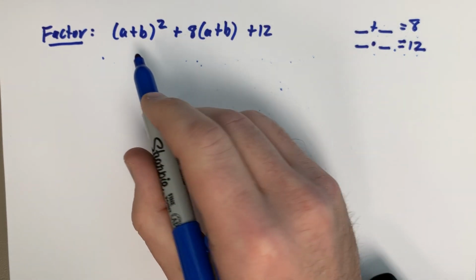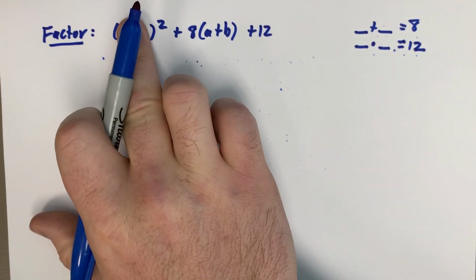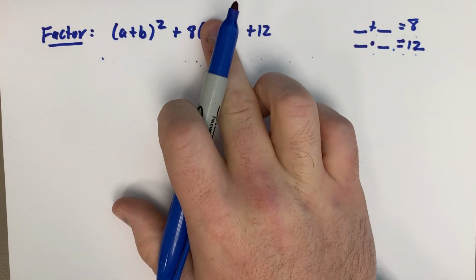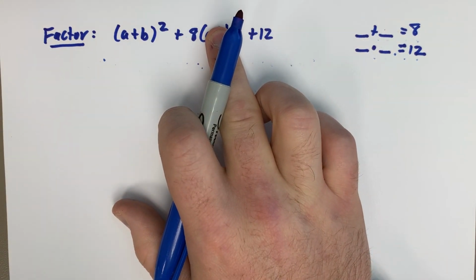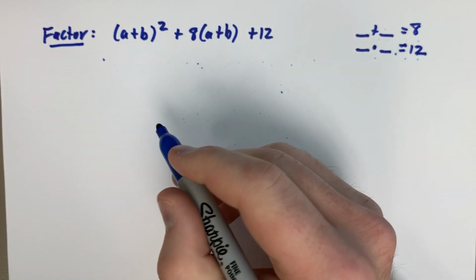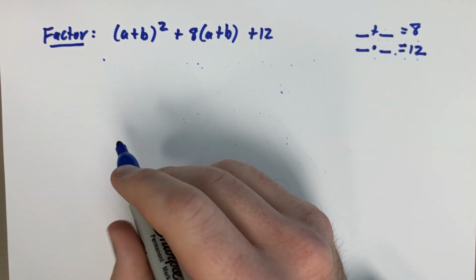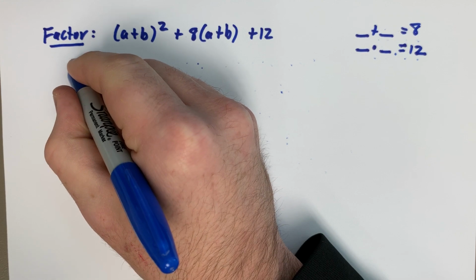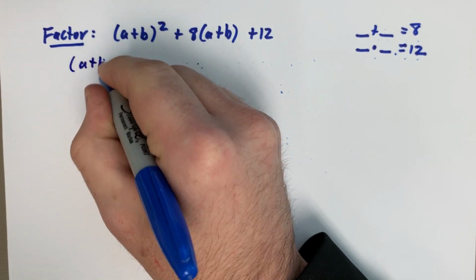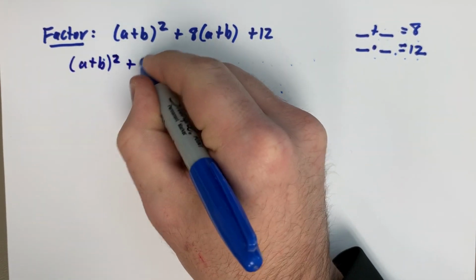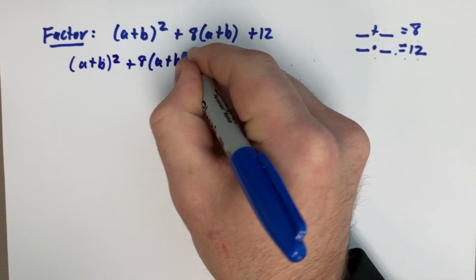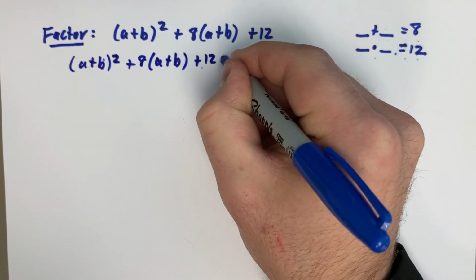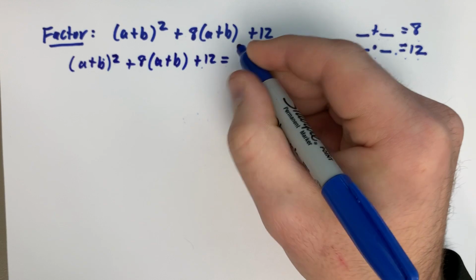So in this case, it looks like a quadratic if this were just like an x, and if this were an x, I could probably factor that normally. So we just have to substitute in for a + b. How do we do that? Well, I'll rewrite my expression first as (a + b)² + 8(a + b) + 12. Okay, now I have that. I'm going to let,